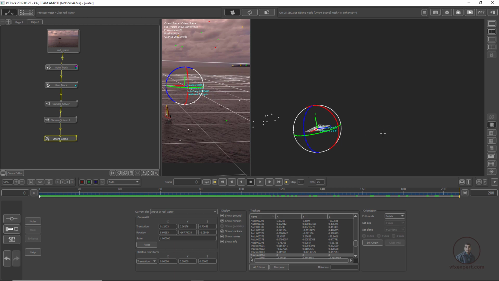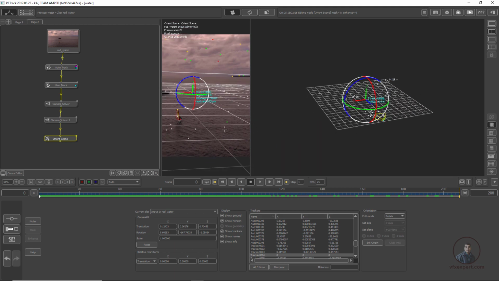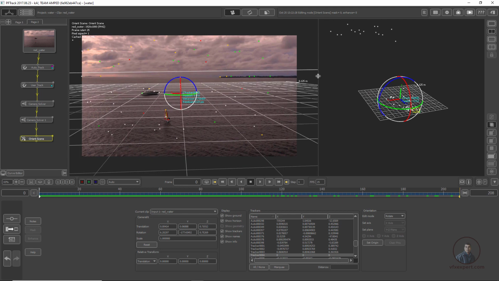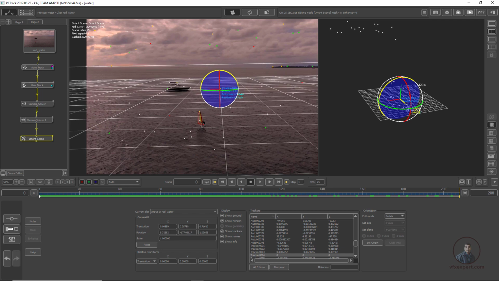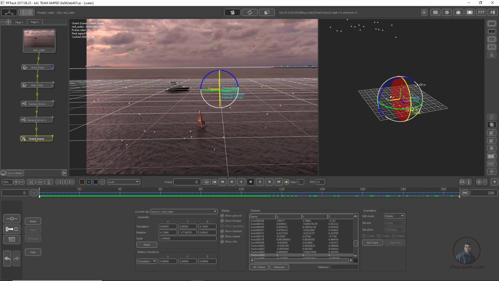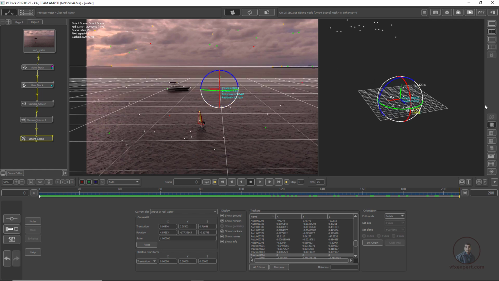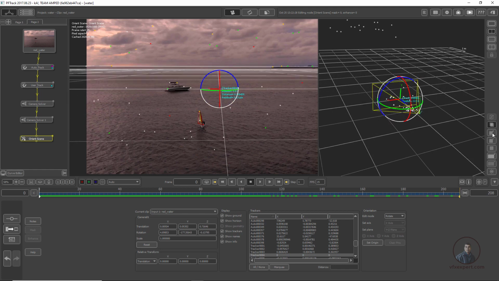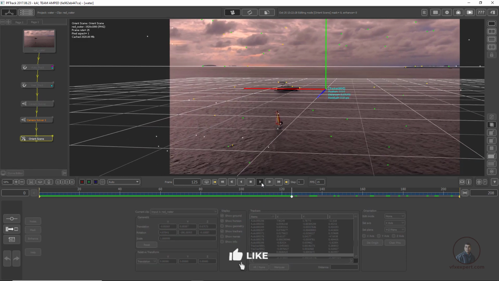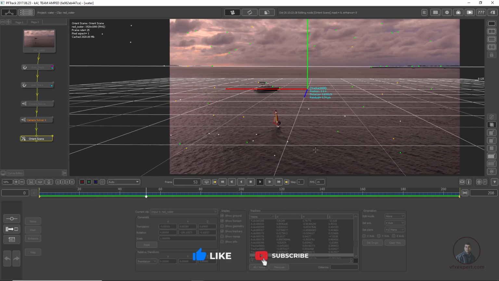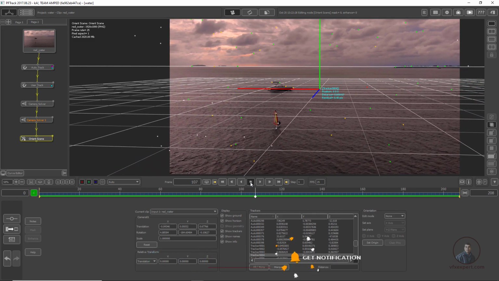Then click here and now adjust it from here. Maybe a little bit. I think this is looking good, okay. Now again expand this one. Now click in single view. Now play and check here, then again click here none. Now play and check here. I think this is looking good. Okay, now stop it here.